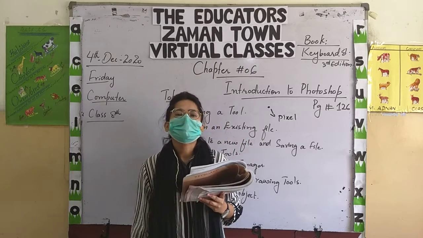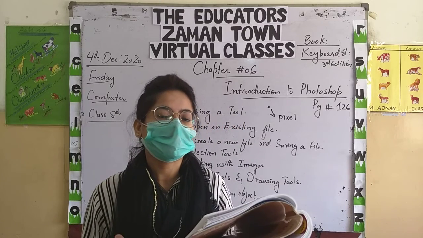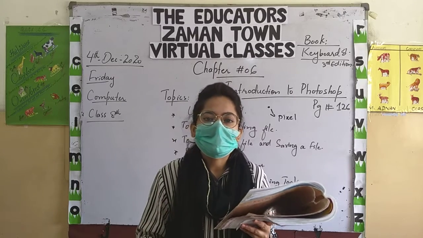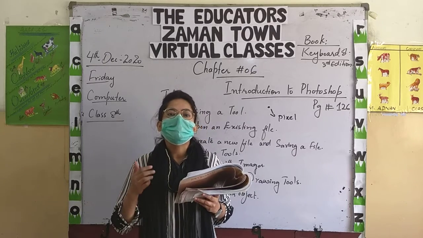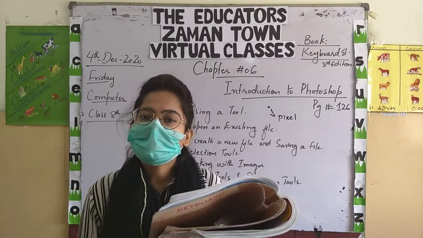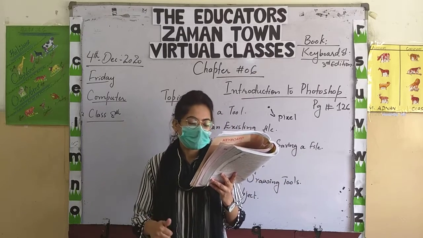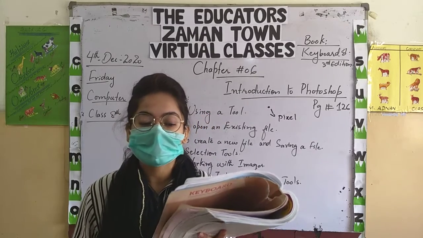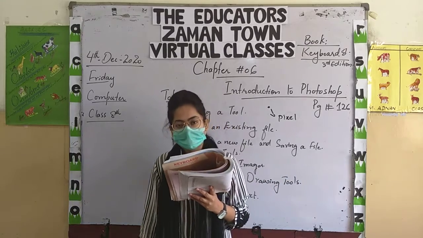Another property is color mode. You can choose the color mode of your page. If you want a sketch-like look of your image, you can use grayscale. Or if you want RGB color, means red, green, and blue, this is the colorful feature. You can choose this color mode as well. The last property we have is background contents. Means you can choose the background according to your wish. We have white background, colorful background, and transparent background. Select all the properties, set the properties, and click on open. Okay, then you will get a new file.